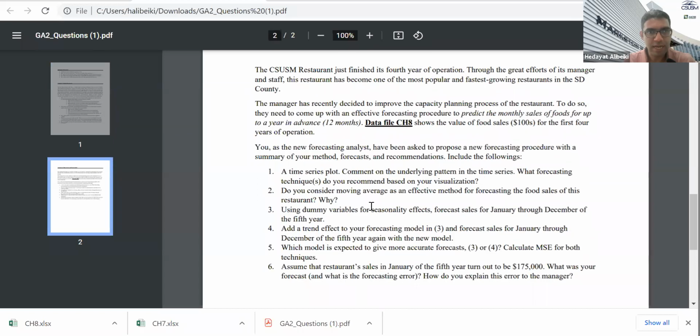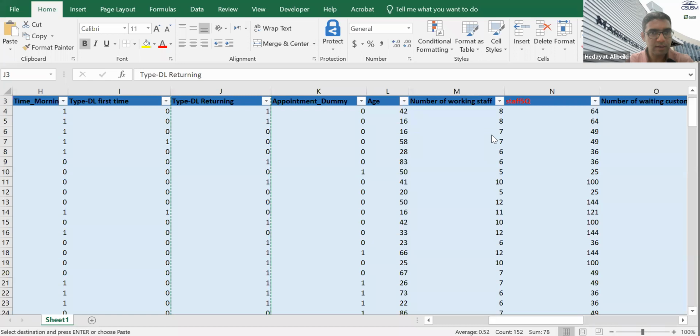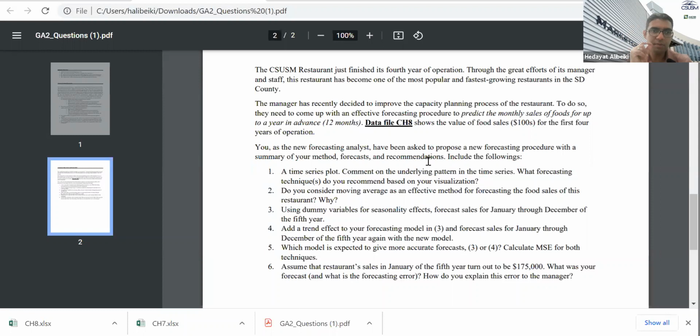Next question, chapter 8. This is a pretty standard question, and it's very, very similar to the question that we did in class last week. So we're going to do, first of all, a time series plot, that's just easy. Just select sales or whatever. It's monthly sales, so it's sales information. You're going to go ahead and select the sales column and then insert a line chart. That's going to give you the time series